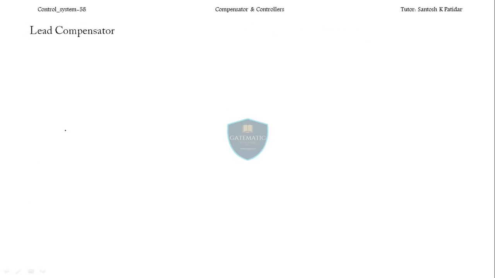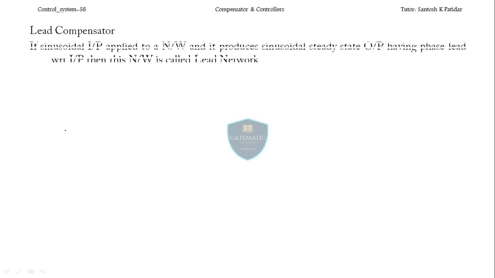So now the first point is the lead compensator I'm talking about. If a sinusoidal input is applied to a network and it produces a sinusoidal steady state output having phase lead with respect to the input, then this network is called the lead network. What it means, see,